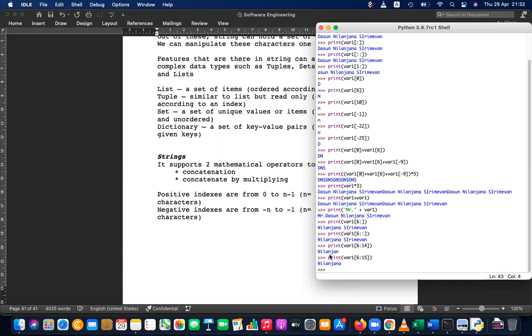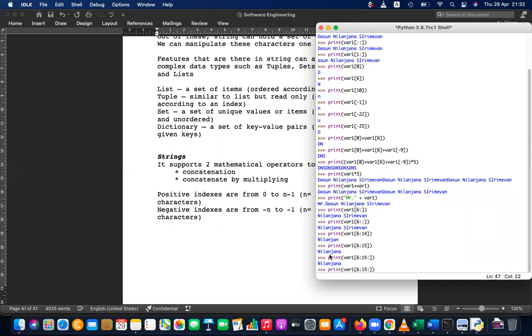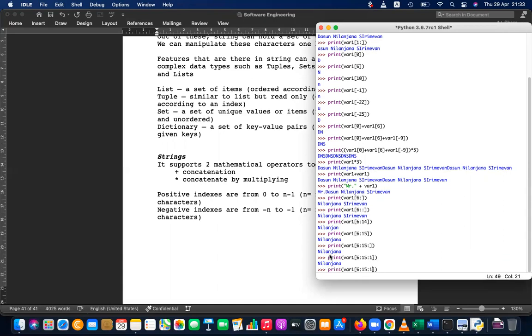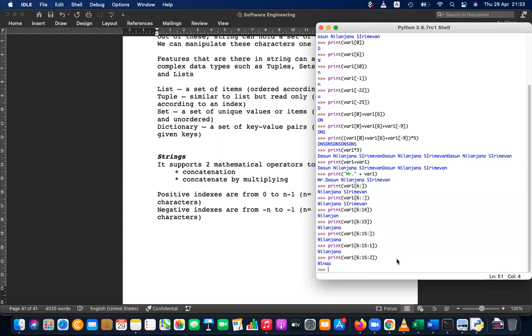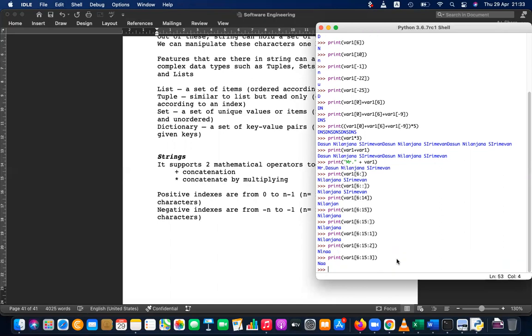Not only that, the 3-digit index: even if you give it just like this, it works, but with the third digit you can give whether to proceed one by one or 2 by 2, then it's printing 2 by 2. Whether to proceed 3 by 3, likewise, you can give how to go. 6 to 15, 3 by 3: first one, then the third one, then the next third, and finish. 2 by 2, first one,